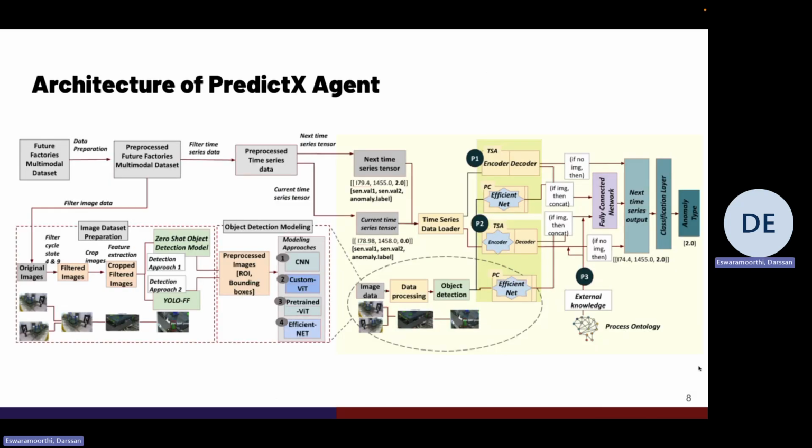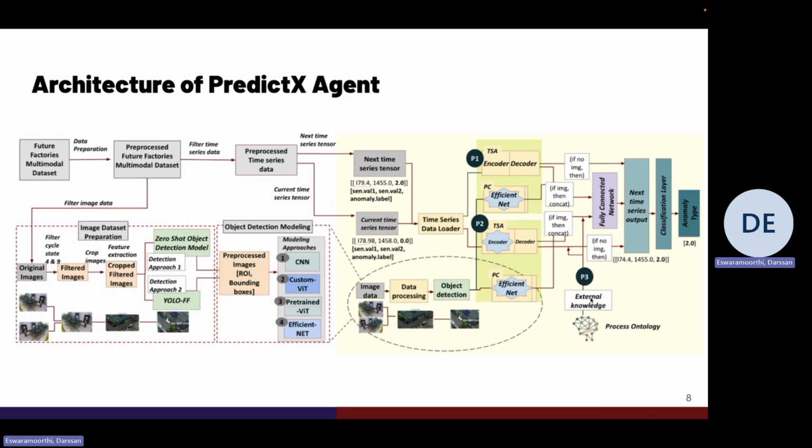Now we will take a closer look at the architecture of PredictX. Our intelligent anomaly prediction agent is designed for smart manufacturing systems. Unlike traditional monitoring systems that flag anomalies after they've occurred, PredictX looks ahead. It's trained to predict upcoming anomalies using a multimodal dataset composed of time series and image data, as you may see here,